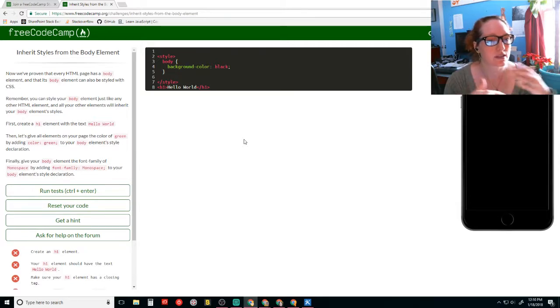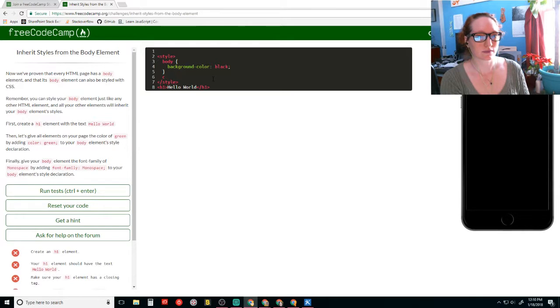We want to give all the elements on our page the color of green by adding color green to your body element style declaration. You say this, but you do not know where my starting point was. Alright, all elements in page the color of green.